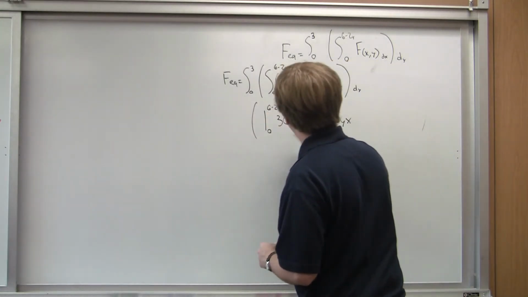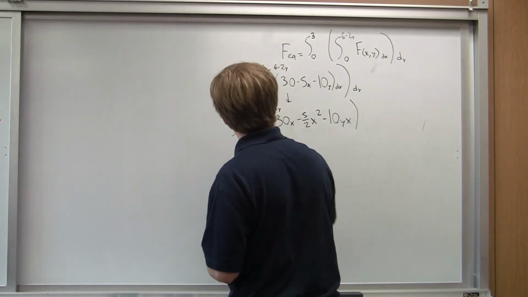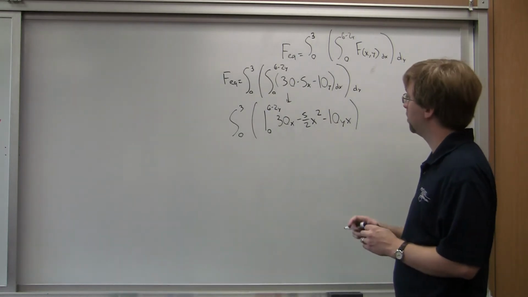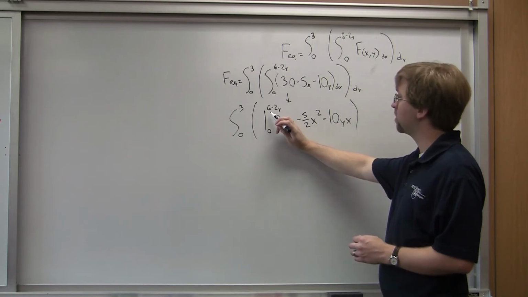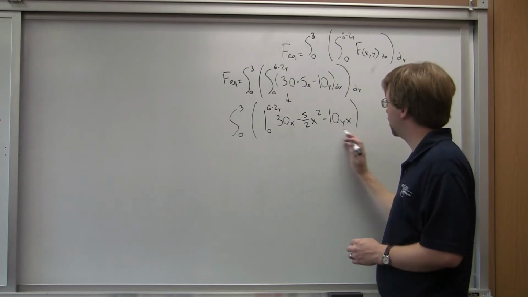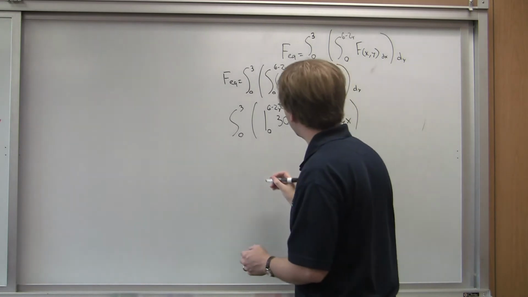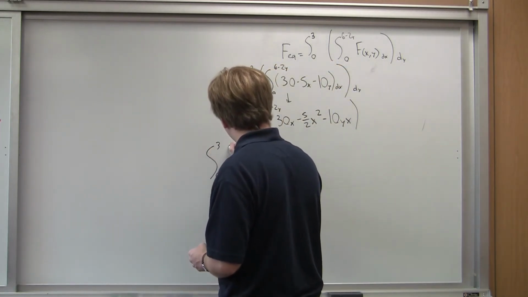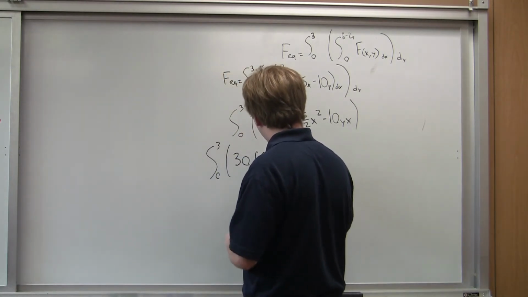And so that whole thing now, we're going to integrate from 0 to 3. But the first thing we need to do is take this, evaluate from 0 to 6 minus 2y. So everywhere we've got a value of x, we're going to plug in 6 minus 2y, and we subtract off the minimum value. Since there's an x in everything, the minimum value is just going to be 0. So if we evaluate this, it's going to be the integral from 0 to 3 of 30 times 6 minus 2y